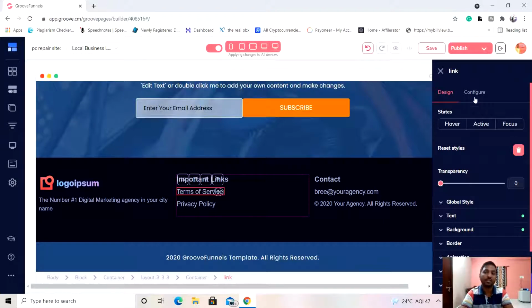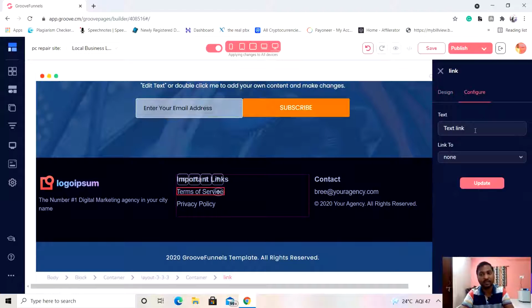You will see a configuration option on the right hand side. Click on the configuration. Here it says text link, and you have to edit this as well, because if you don't edit this, it will appear here written in the format of that only, which is text link.